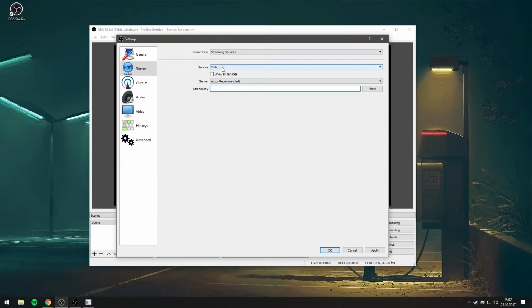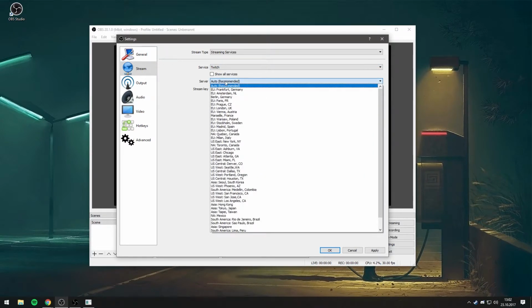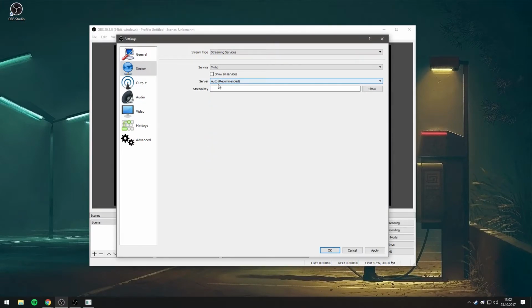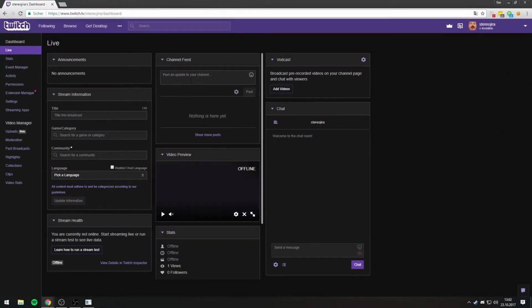All you need here is to select your server. I would recommend selecting the closest to your location. Auto should be okay, but just selecting the closest one doesn't hurt. And then what you need to do is you go over here on your Twitch page, twitch.tv, then your username, and then /dashboard,